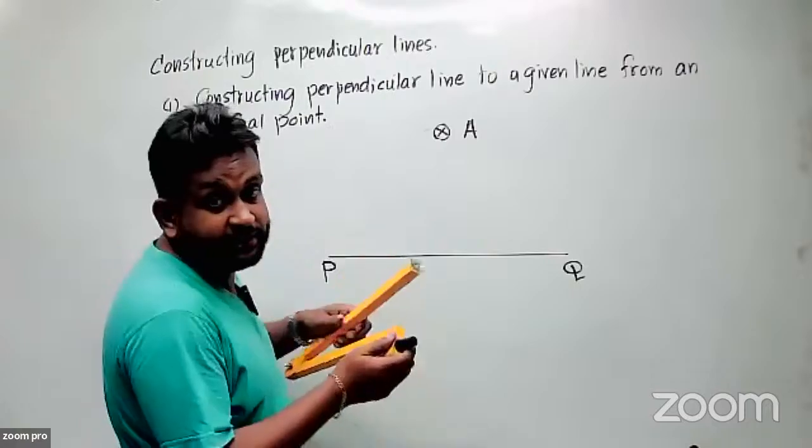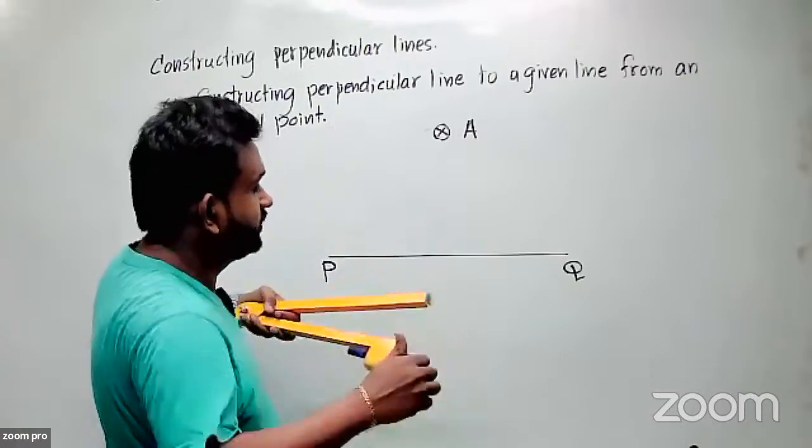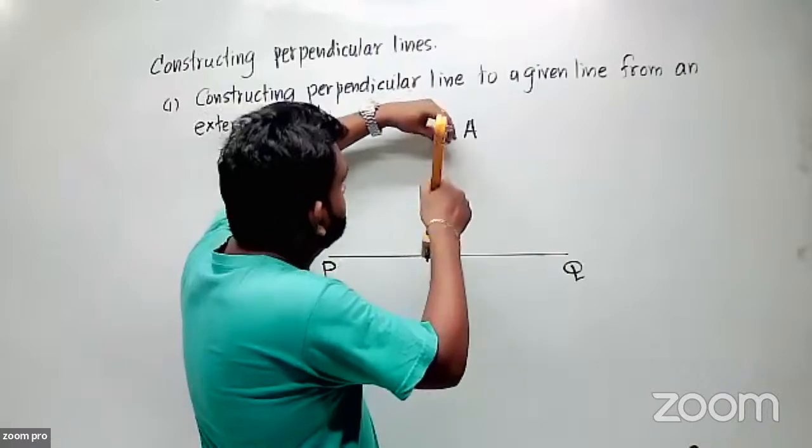Watch carefully. So that is the external point A. Okay, then I take